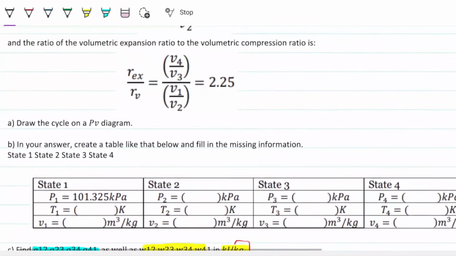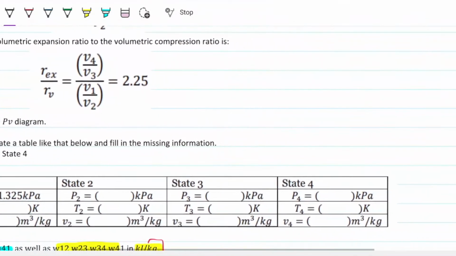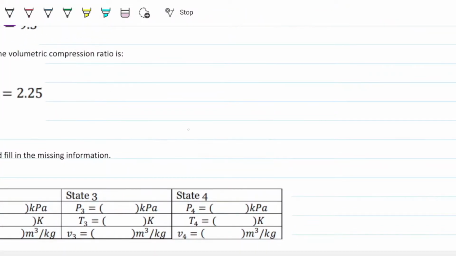Brilliant. Let's start. First thing we need to do is draw the PV. Well, kind of did already, right? Just need to combine all these figures here. So let's do it here to the side. We're going to do the PV diagram for this fellow. P and V. And the way I'm going to do this is, specifically, I'm going to start with the two that are constant something. So I'm going to start with the constant